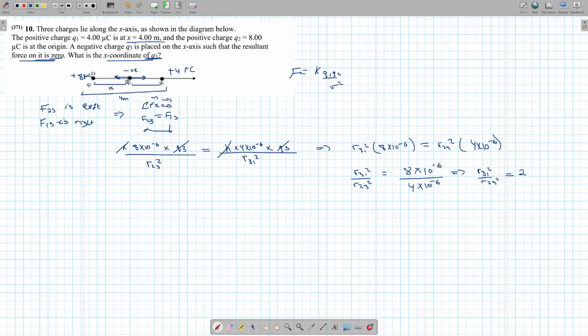Okay, so we know that Q3 is placed at x meters. We don't know where. Let's say it's at x. We know that the full thing is 4 meters, and we know this is Q1 from Q3 to Q1. So this Q3 to Q1, we can rewrite it as 4 minus x. So 4 minus x